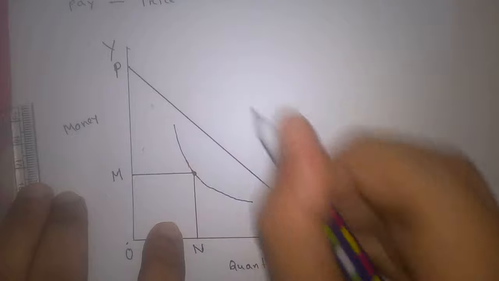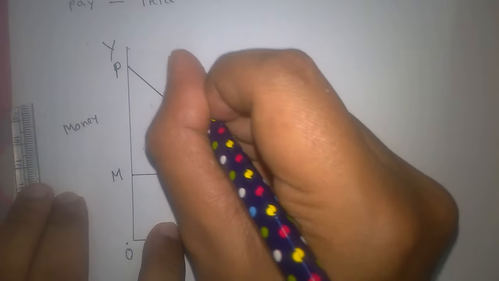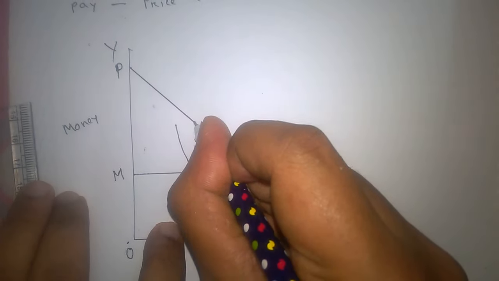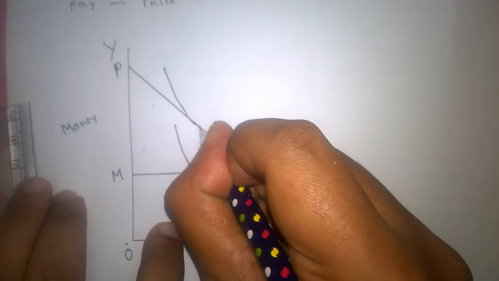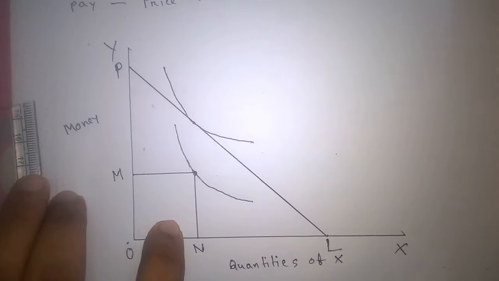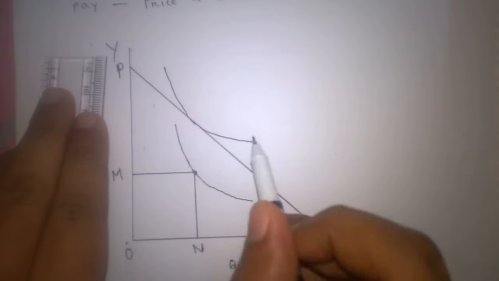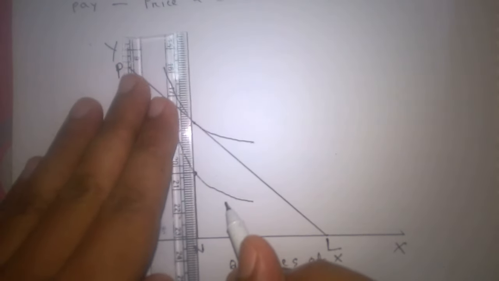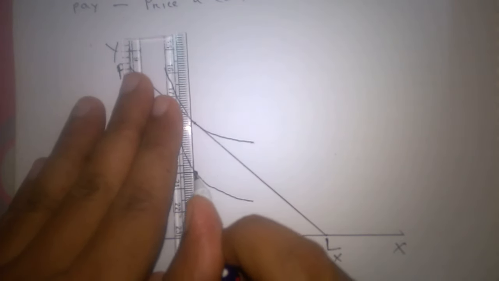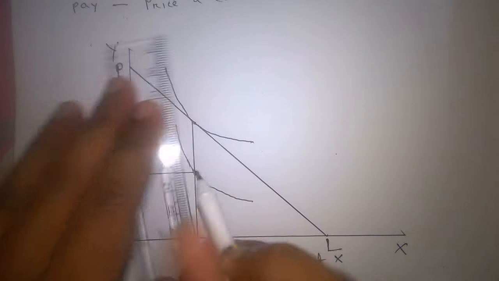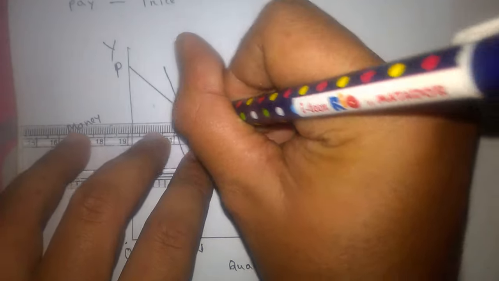So the new indifference curve you will have is this one. So this is the point I'm going to choose. The indifference curve will be just like this. So this is the new indifference curve situation you are choosing. Let's see what it means. I'm just adding this point with its coordinates.